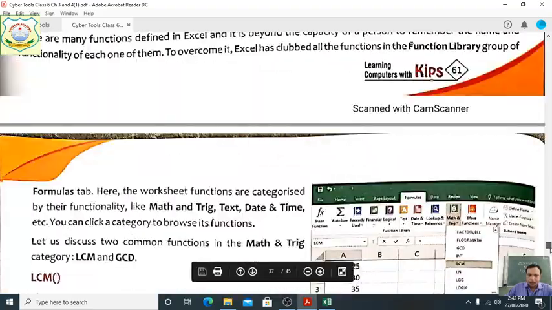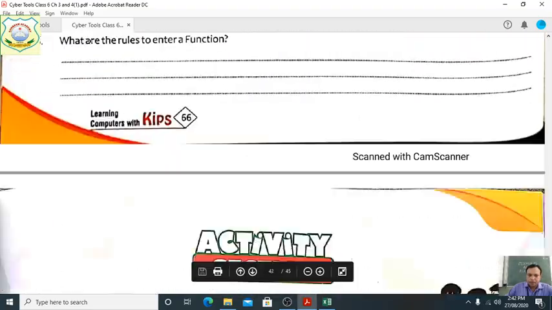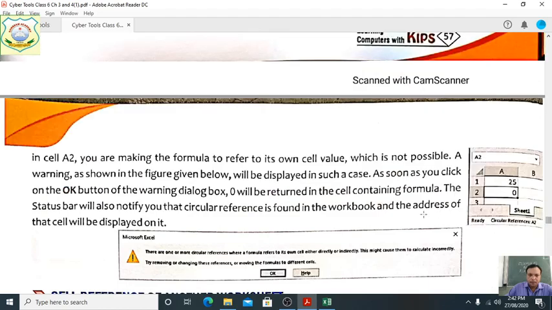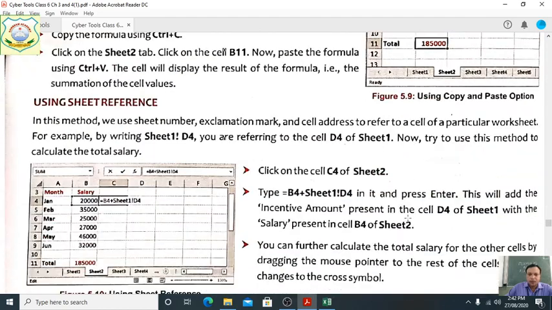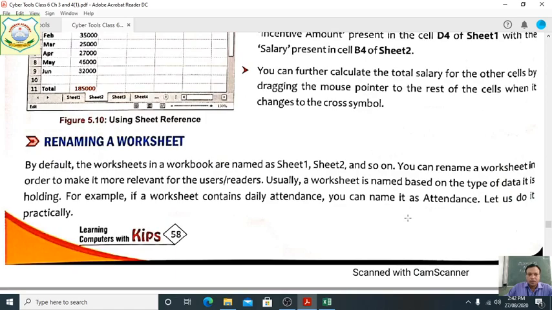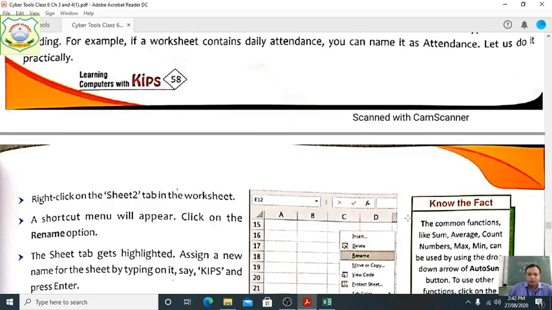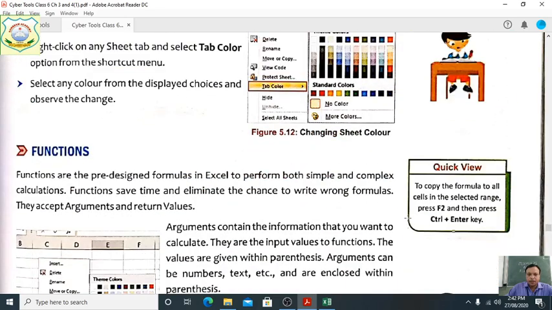Renaming of worksheet we have done, changing color we have done, now functions.